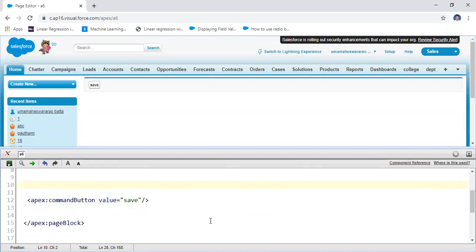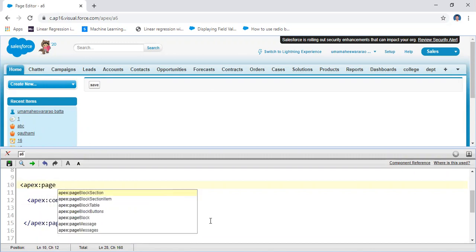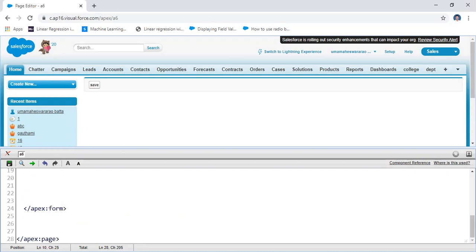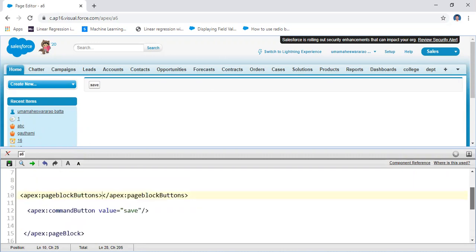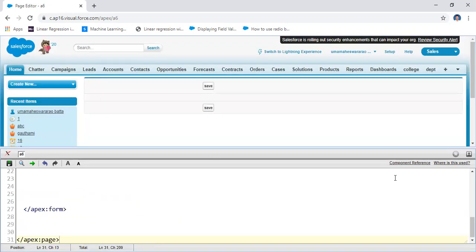Above and below, you need apex:pageBlockButtons. Under this page block button you will write any command button. For example, under this one, I'm going to write the command button. This is one command button, above and below.